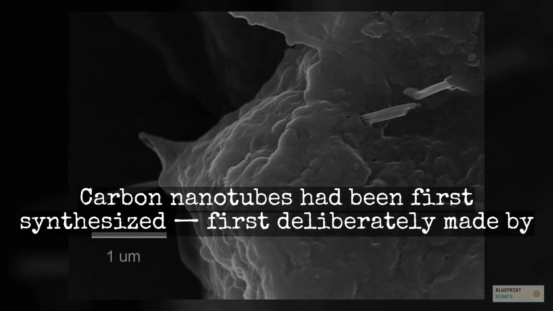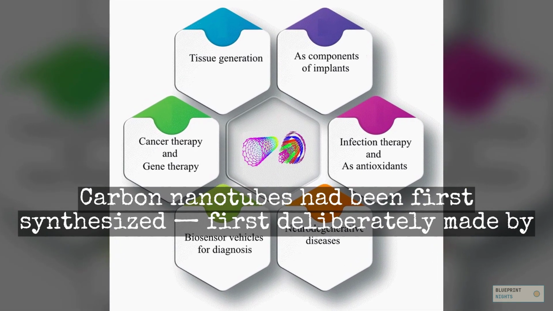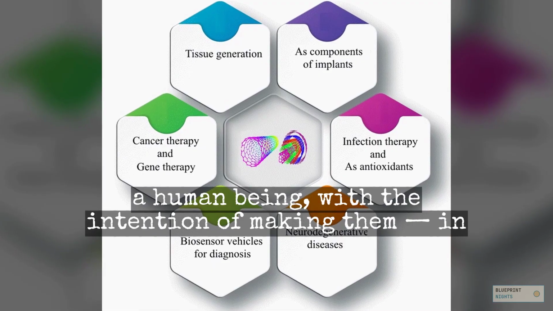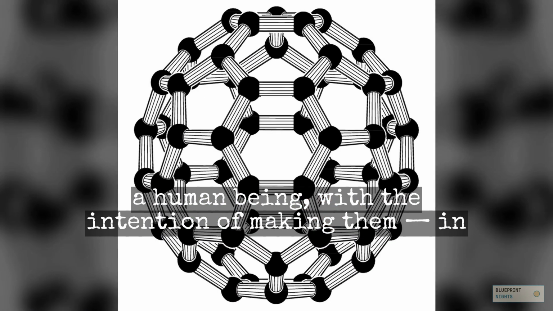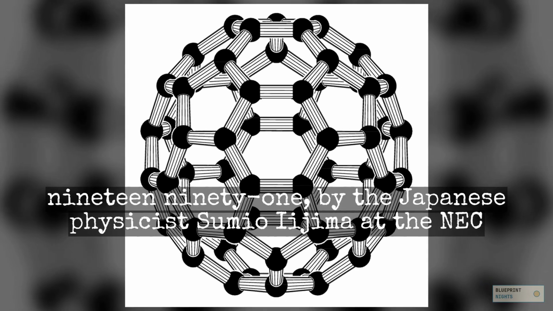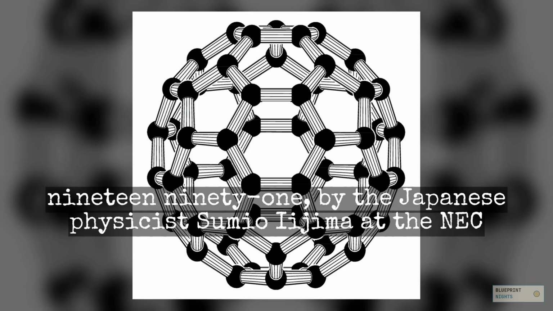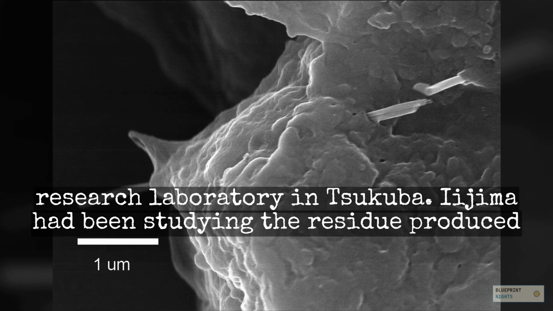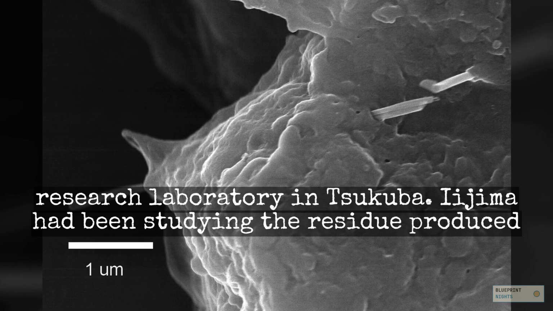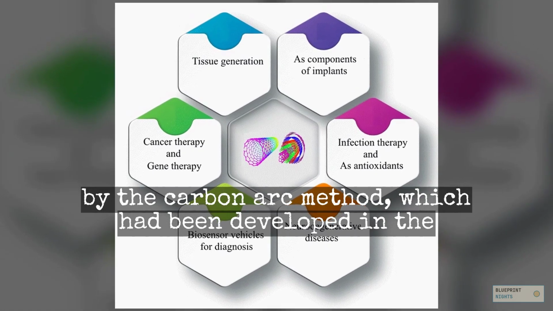Carbon nanotubes had first been synthesized, first deliberately made by a human being with the intention of making them, in 1991, by the Japanese physicist Sumio Iijima, at the NEC Research Laboratory in Tsukuba. Iijima had been studying the residue produced by the carbon arc method, which had been developed in the 1980s for making fullerenes. He found in the residue